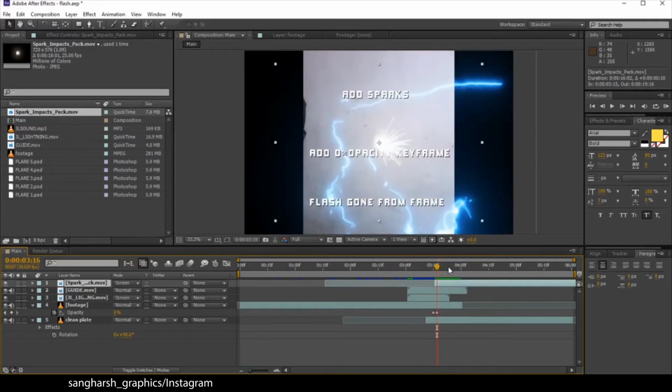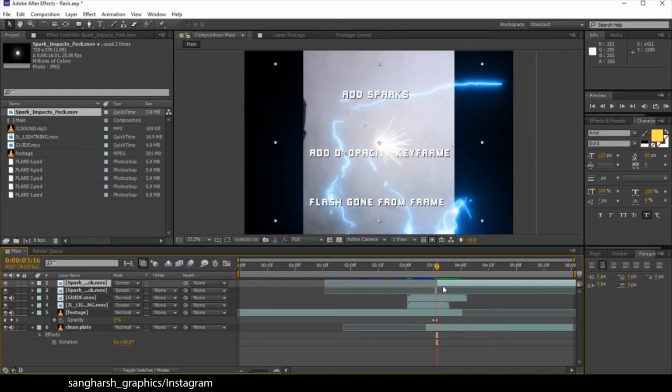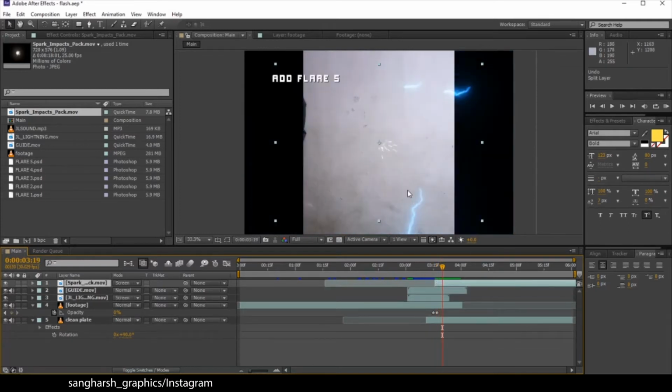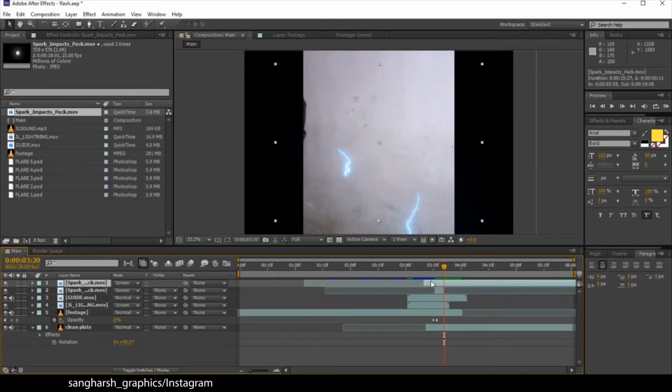Here are the flares. Flash gone from the scene. So let's just duplicate it. Okay, sorry. Let's just go see when the frame ends, where the spark ends. Let's just split it, drag it forward to get another one where another spark starts, like here.